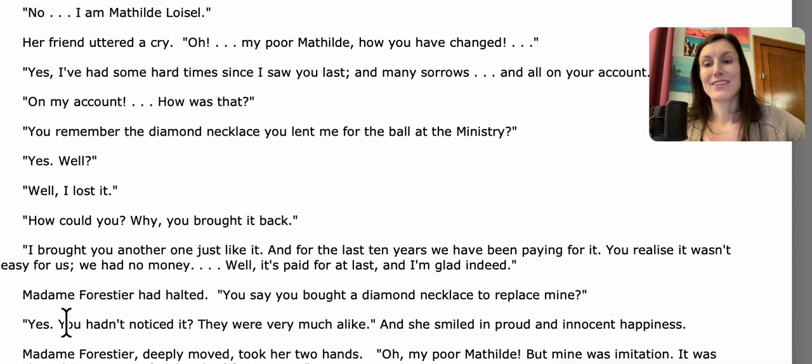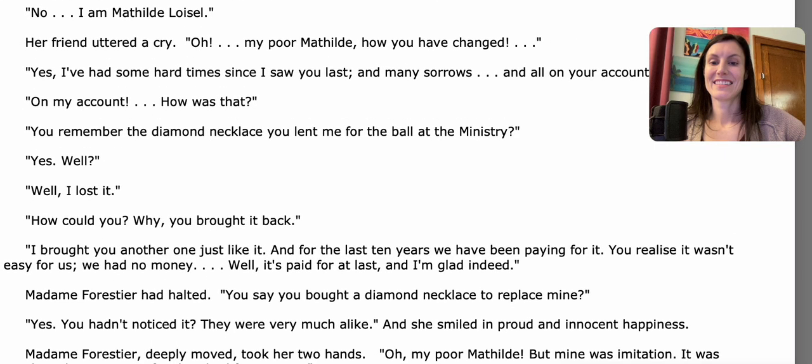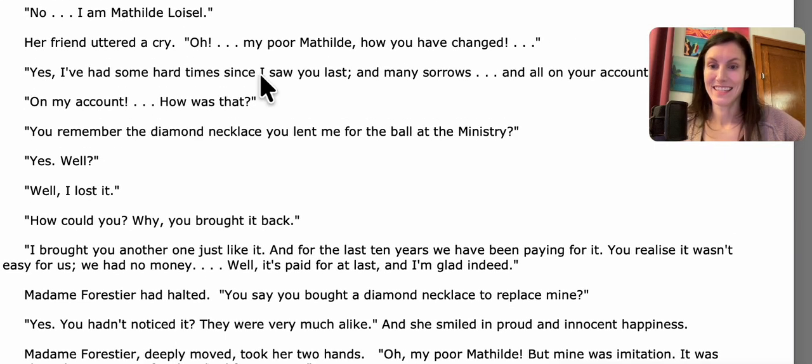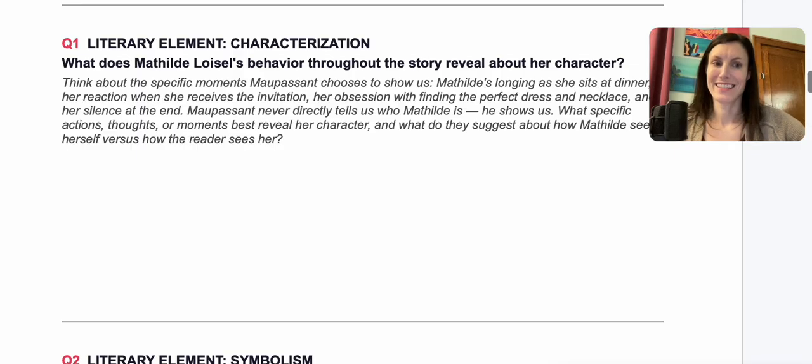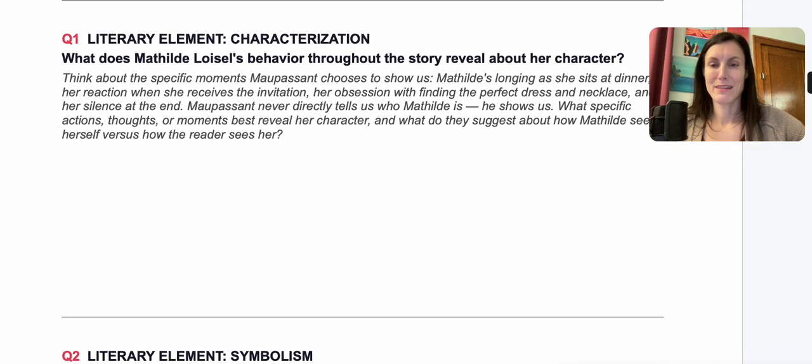And we don't even know how she feels at the end when she finds out the truth that this necklace was made of paste. It was a fake necklace. But you could say she is not very reflective in her actions throughout the story. So anything you want to say about her being selfish,